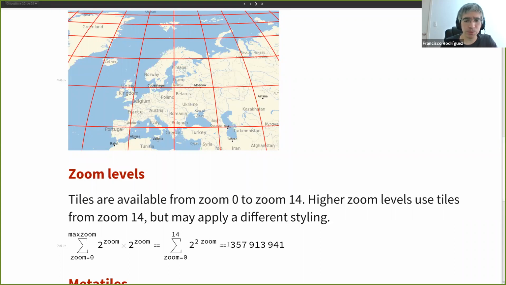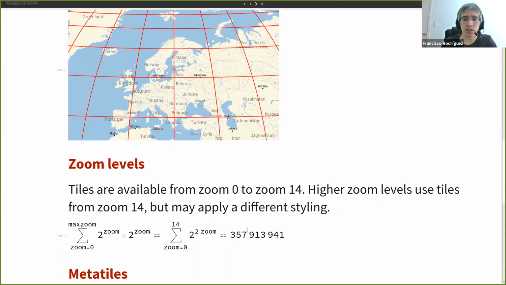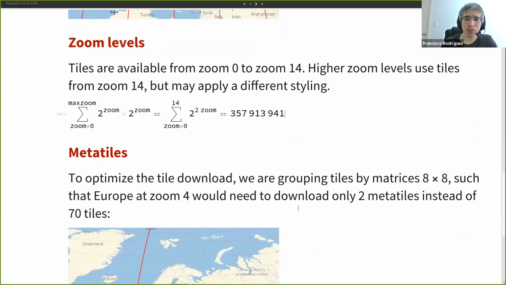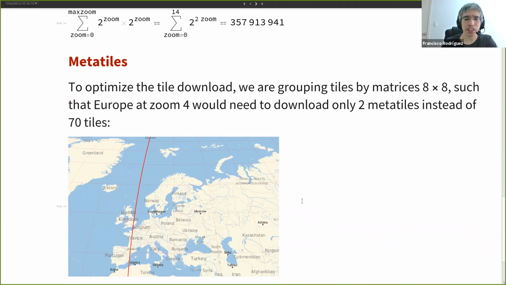And of course, the total number of tiles in the server is going to be this large number. And that's enough to cover all the data in the world. So that's several gigabytes of data in the servers. So yes. And to optimize a bit how these tiles work,